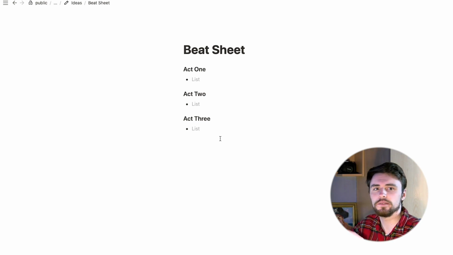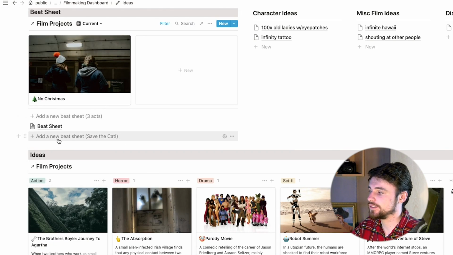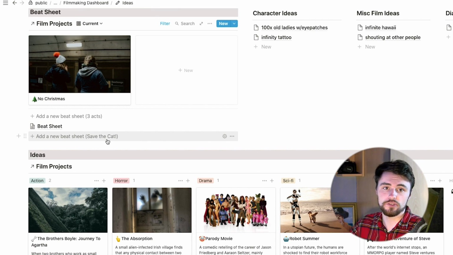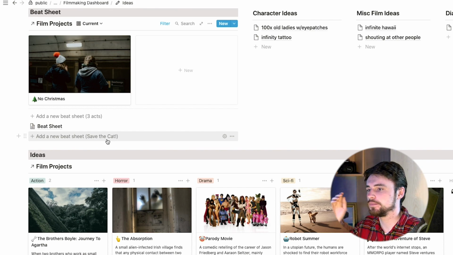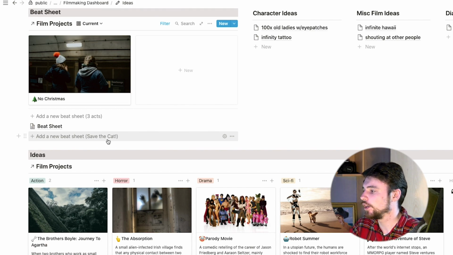Doomed Productions recently did a video about it, which I thought was quite good. But basically any screenplay book or screenplay class early on, you'll talk about beat sheets. So what I've also got down here is add a new beat sheet, Save the Cat. I don't personally really like this structure, but basically I'm showing that if there is a structure that you really like, the hero's journey or the story circle or story shapes or any of those different types of structures that sometimes people like to use to help create their stories, you can edit this template and put in your own.